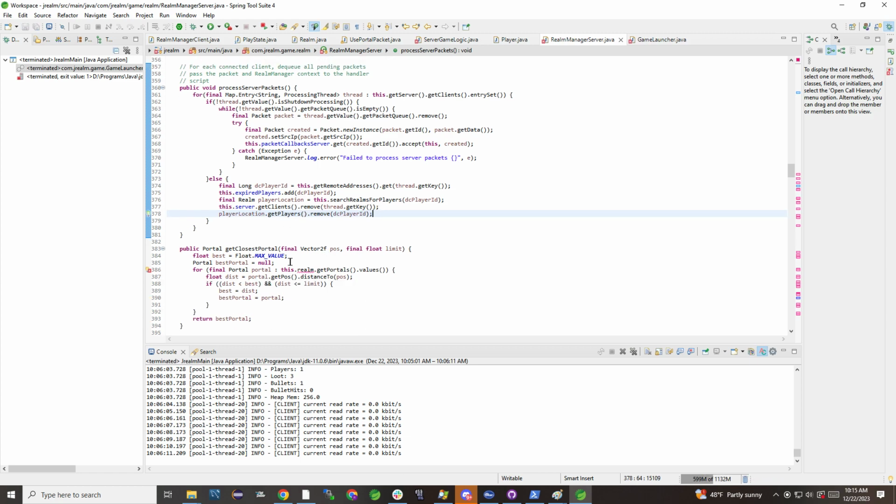Okay. Yeah, this is fun. Okay, so we can start, and this is a good example of contextualizing, right? So when I say get closest portal now, I need to know a little more information because there's more than one realm to look at. So we're going to need to have realm ID, the position, and the limit, right? So the first thing we're going to do is